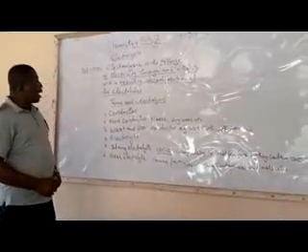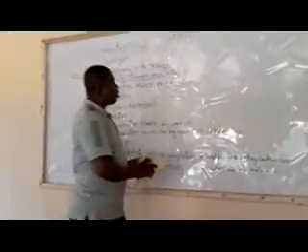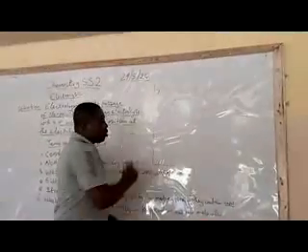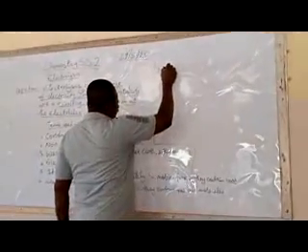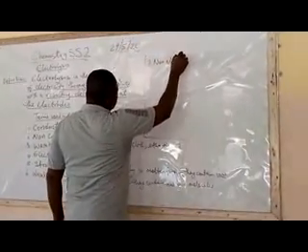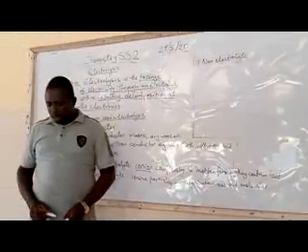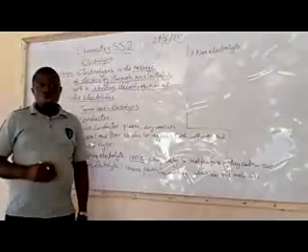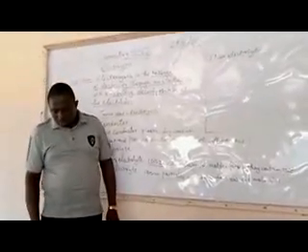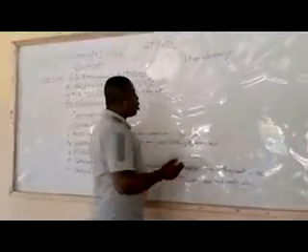Then another term that we are going to see while studying electrolysis, number 7, is the non-electrolytes. What are non-electrolytes? Non-electrolytes do not conduct or allow electric current to pass through them. They do not ionize at all because they contain only molecules.